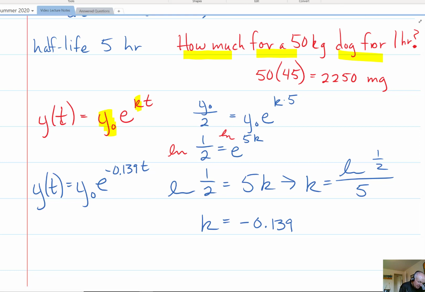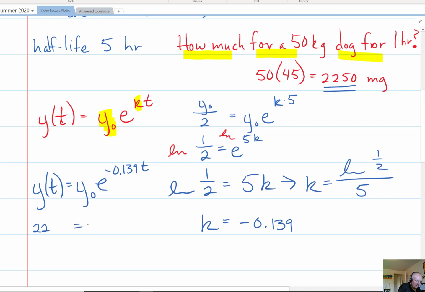So that's our next task. The way we're going to do this is we don't know how much we start with, but we know how much we need after 1 hour. And that is this. Remember, we need at least 2,250 milligrams to still be in the dog's bloodstream for him to be asleep after 1 hour. So that means, using our little formula,